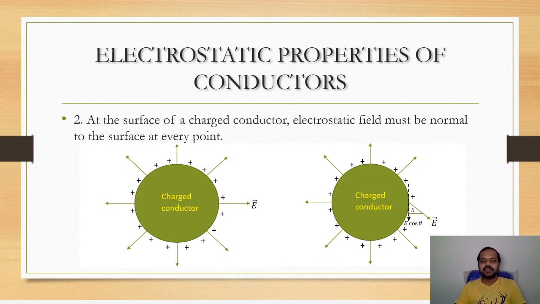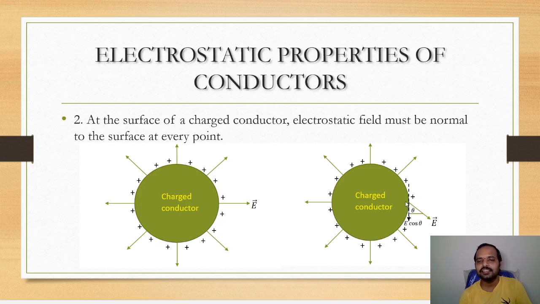So in such a static situation, we can see that the charges which are residing on the surface of the conductor are completely at rest. That is, they have already distributed amongst themselves in such a way that the net electrostatic force experienced by them is as minimum as possible, and hence they are going to stay in their place and not move, which means this tangential component which should allow the charge to move doesn't exist.